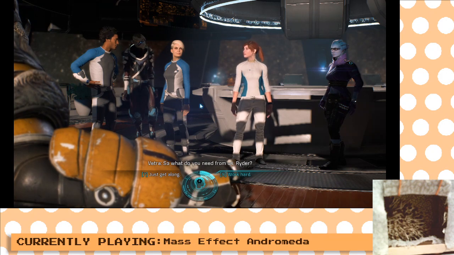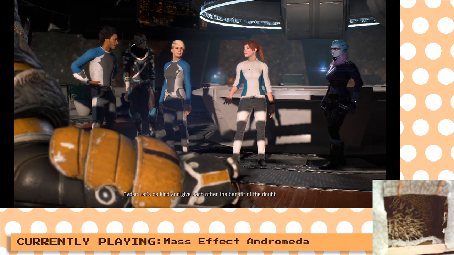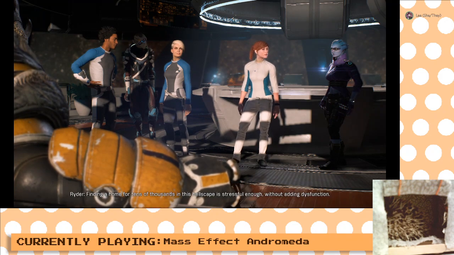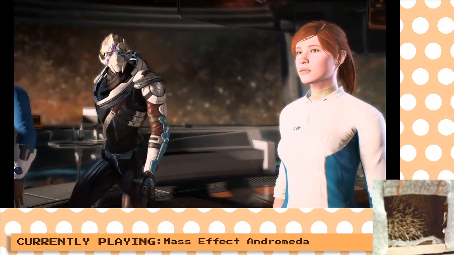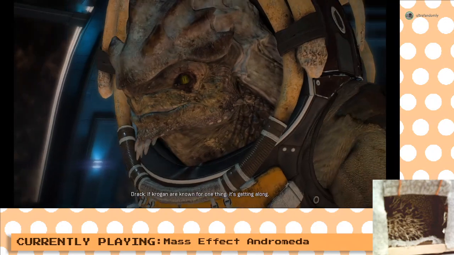So what do you need from us, Ryder? Let's be kind and give each other the benefit of the doubt. Finding a home for tens of thousands in this hellscape is stressful enough without adding dysfunction. You got it, boss. Now we're gonna go bully everyone on the ship. If Krogan are known for one thing...